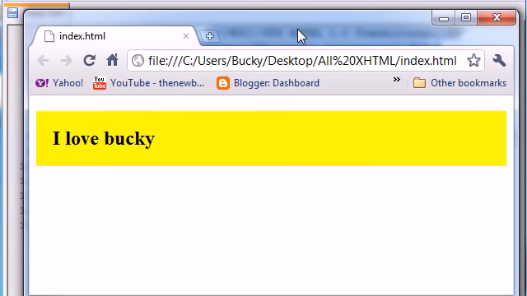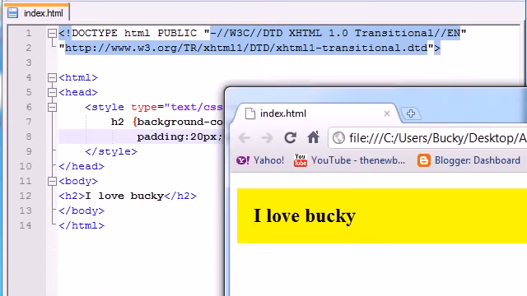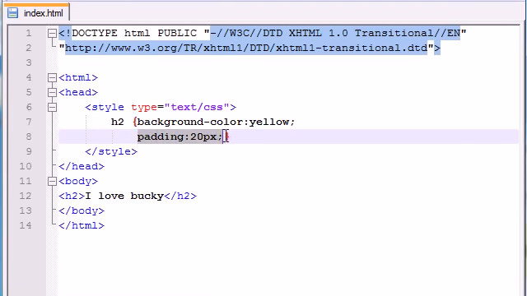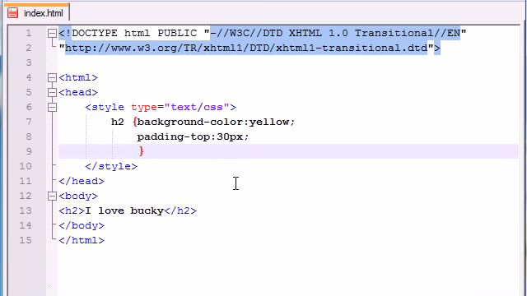But now what I want is padding, but I don't want it all the way around. Maybe you only want padding on the top and bottom. In order to do that, this isn't going to work anymore, because this gives you padding all the way around. In order to change the padding in any one direction, they give you 4 keywords that you can use: padding-top, padding-bottom, padding-left, and padding-right. So let's go ahead and change it on top and bottom. Padding-top, let's add like 30 pixels. And for the padding-bottom,